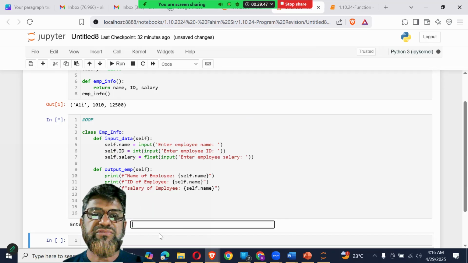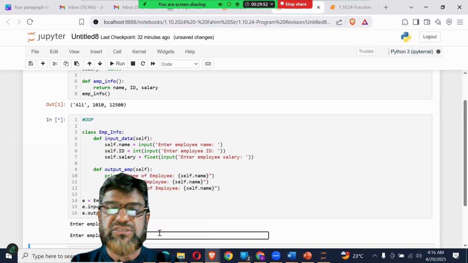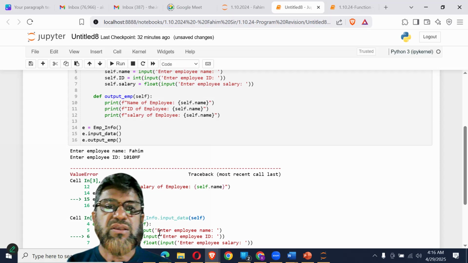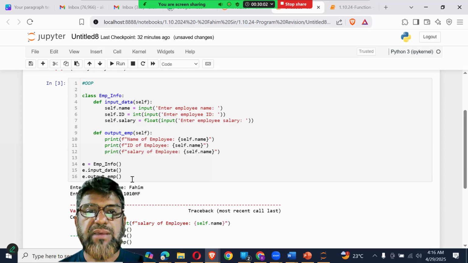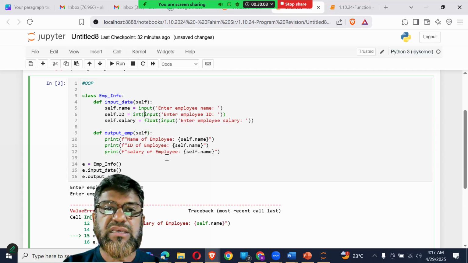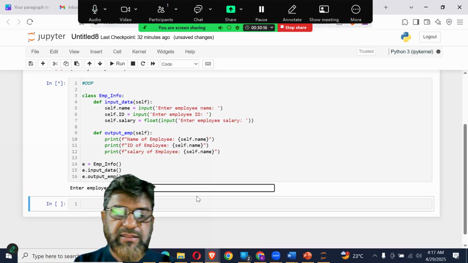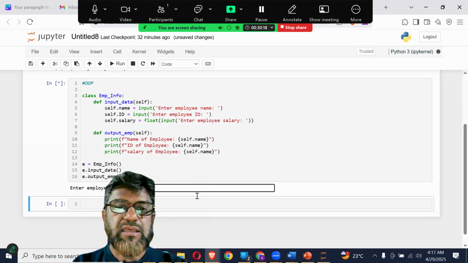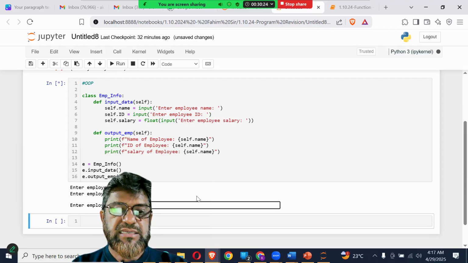Now see, enter the name of the employee. So I entered Fahim, okay. Next, what is the ID? 1010 MF, okay. Now, basically I have written int here and given some alphabet, so it will not accept it, fine. So I will remove this int, because ID will be something else. Now again Fahim, ID 1010 MF, and salary